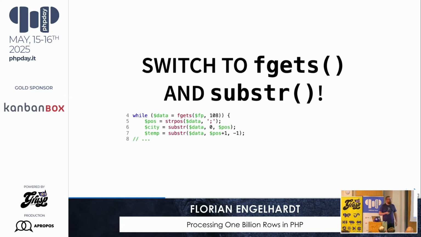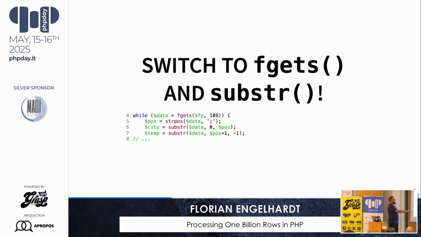So I thought that maybe I can just switch to use fgets, read the line. 108 bytes seems an interesting choice, but 108 bytes is just, we have 100 bytes for the station. We know there's 1 byte for the semicolon, 5 bytes for the temperature if it's a negative number, if it's positive, then just 4 at maximum. And then we have 2 bytes for carriage return and line feed. So we're going to read 108 bytes, store this in data, and then find the semicolon with strpos, and